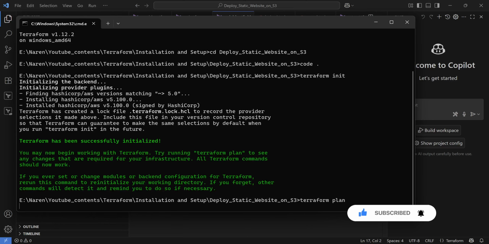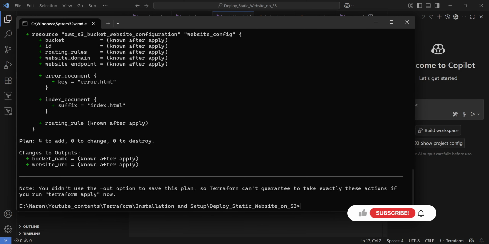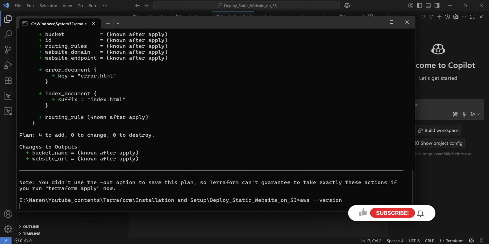There is one more configuration required after you install the Terraform setup. Make sure your AWS secret key and ID are configured in the AWS CLI. You can download the AWS CLI and check the version.